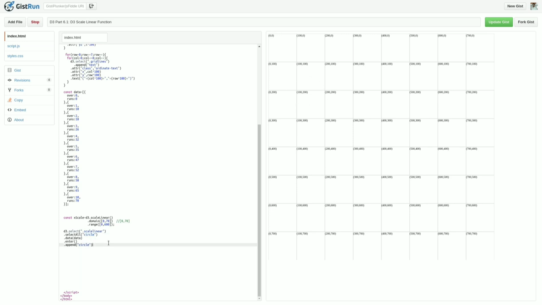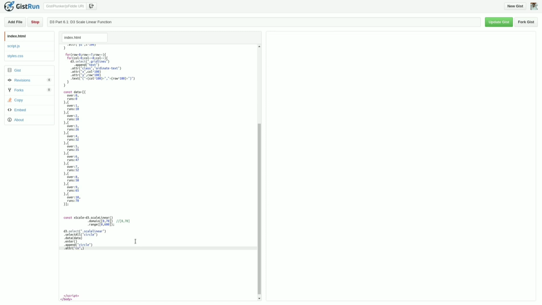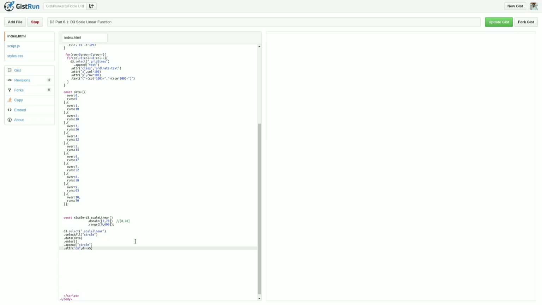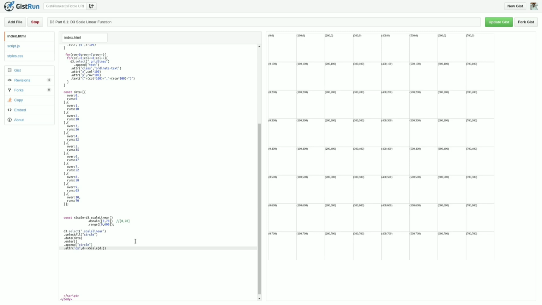Now I want to position those circles based on the runs in each over. So here I provide the attribute cx as d, and here you will use xScale of d.runs.